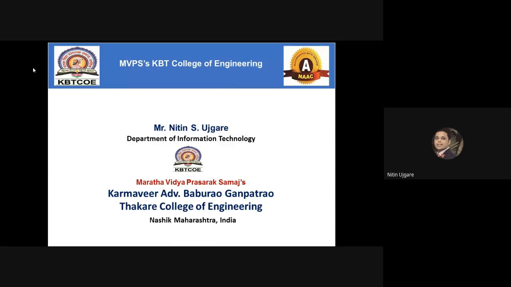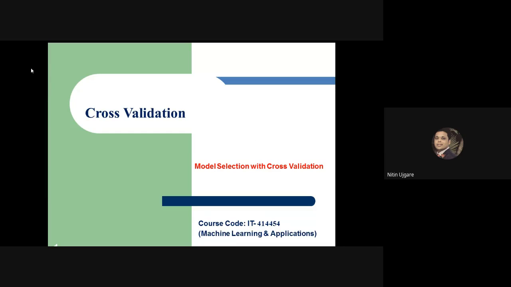So in this session, we are going to discuss cross validation. Basically, what we are going to discuss under cross validation is how to select the model using this cross validation technique. That is today's agenda of the session. Okay, so let's start. In this session, we will discuss why cross validation is important, we try to understand how it works, and we also see how it can be applied in many different ways.